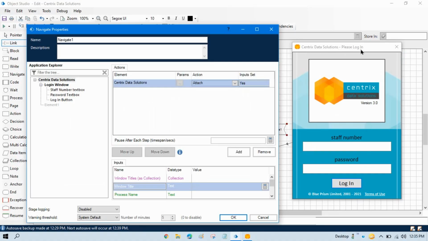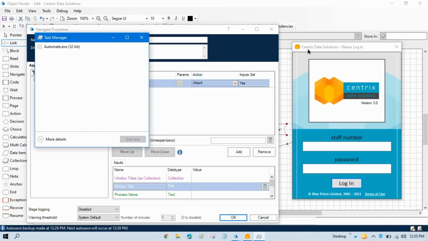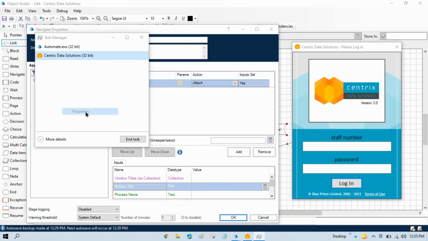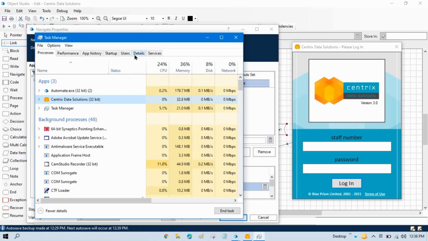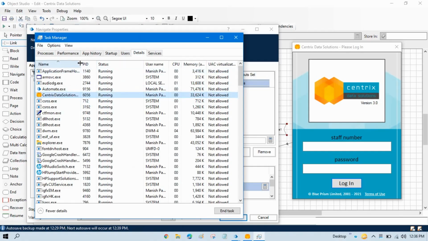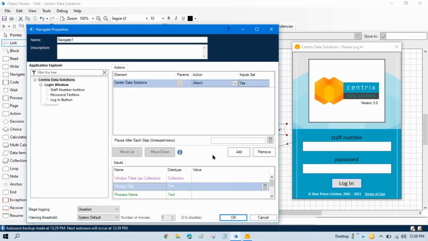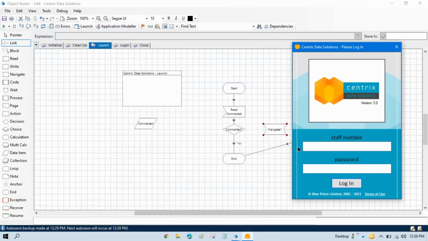Centrix Data Solutions please login. Or what you can do, you can right click on this, you can find out the process name of this Centrix Data Solutions, and copy this. This is the process name, or you can also find it like this. Go to more, click on details, and you can find out this is the process name. Remove the exe, only keep the name. This is Centrix Data Solutions. Now you can just write this here, click OK, give the name,